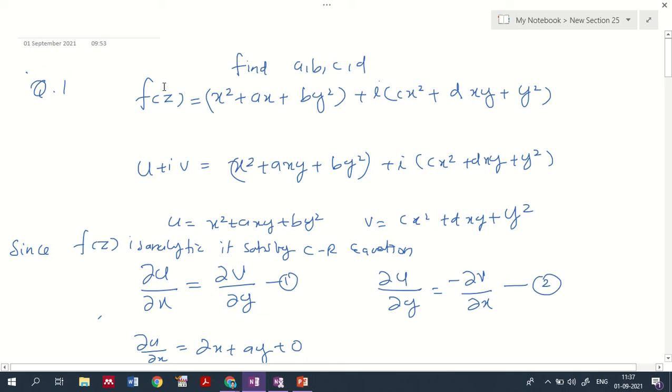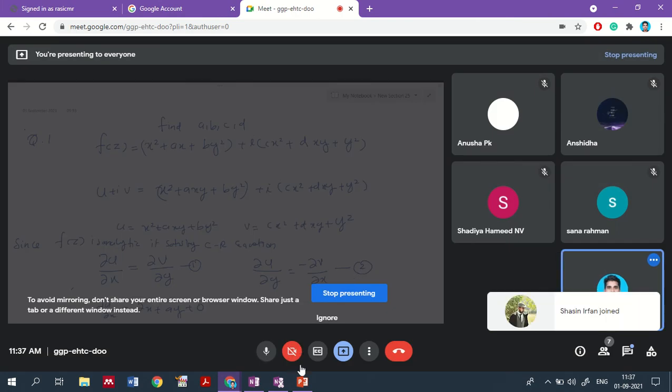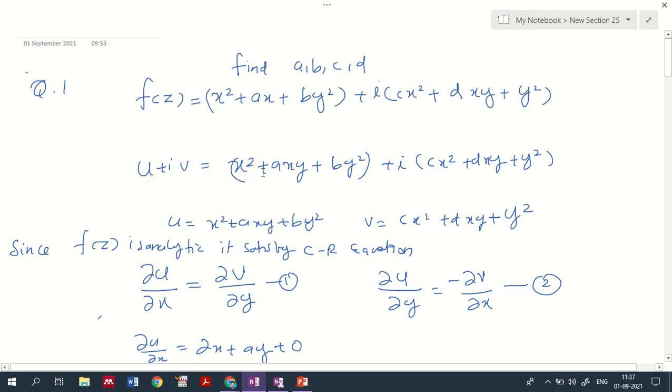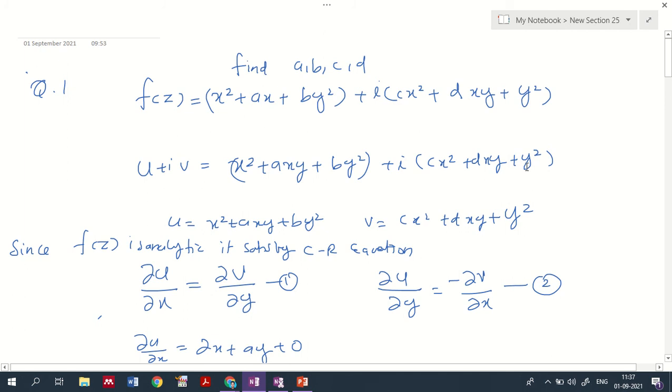f(z) is a function of a complex number, so this is a complex variable function. You can represent it as u + iv, which is equal to x² + axy + by² + i(cx² + dxy + y²). Now if I write it like this, I can compare the values of u and v here,